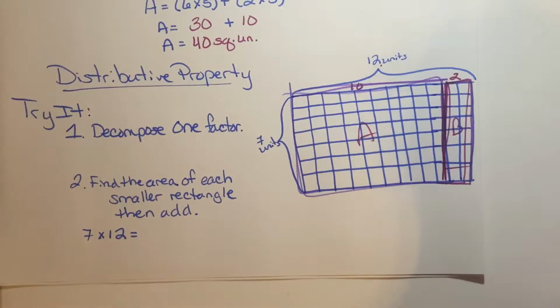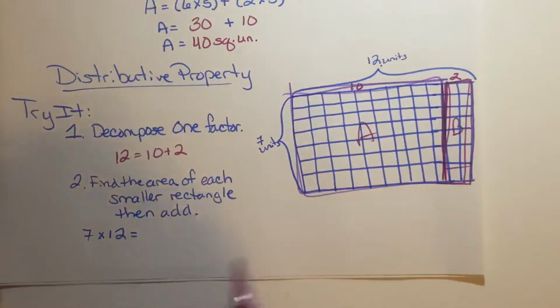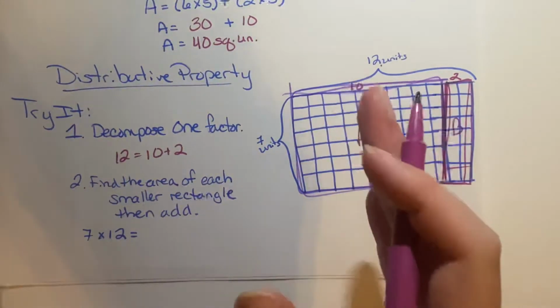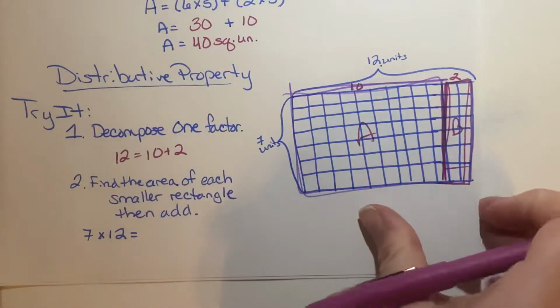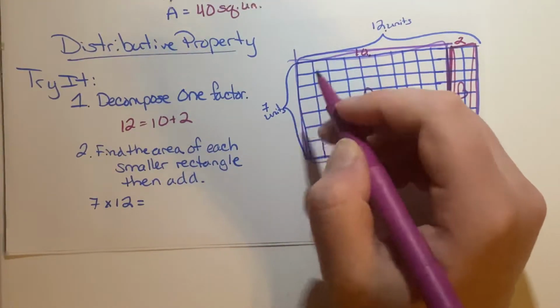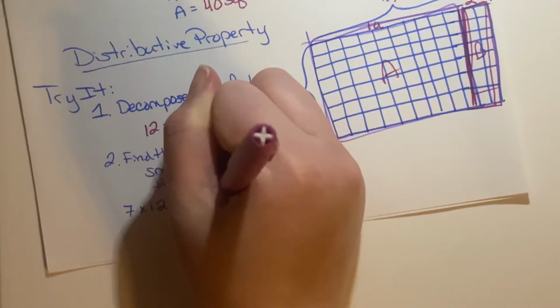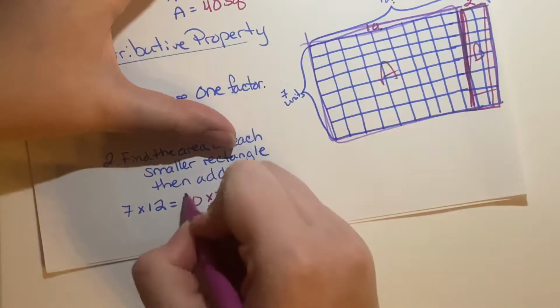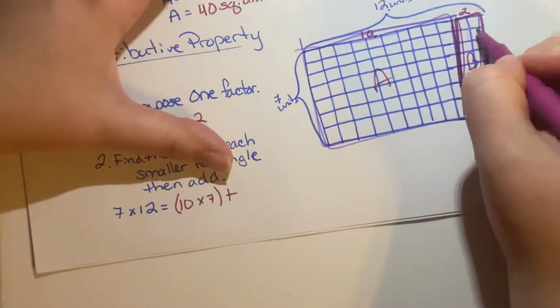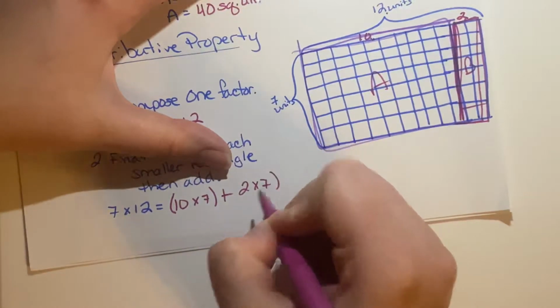Okay, so it's the same thing. So we're taking the 12 and we're making it 10 plus 2. Okay, so we broke it apart because we know our 10s really well and we know our 2s really well. So let's find the area of each smaller one. So if this one is 10, the width stayed the same. So we had 10 times 7 as our first one. That's our A. We're going to add the other one, so we have 2 times 7,